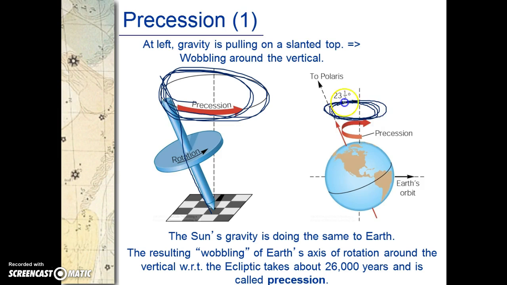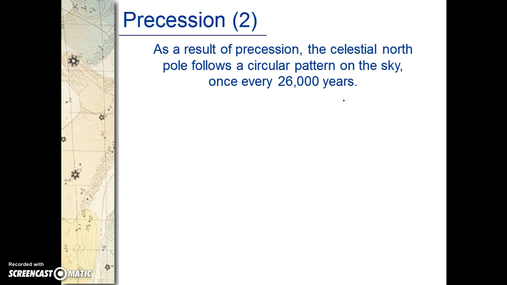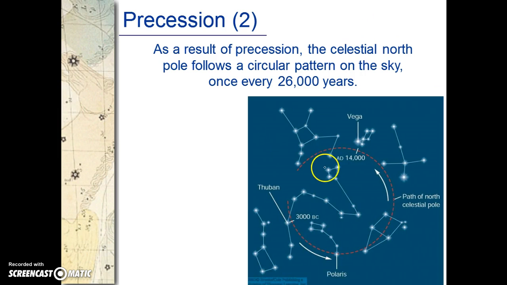Okay, so it is wobbling around its axis here, and that's what we would call precession. And this precession takes about 26,000 years to go all the way around full cycle one time. Okay, so what does that mean? Well, as a result of the precession, every 26,000 years, the celestial North Pole points near one of these stars. So at about, well,